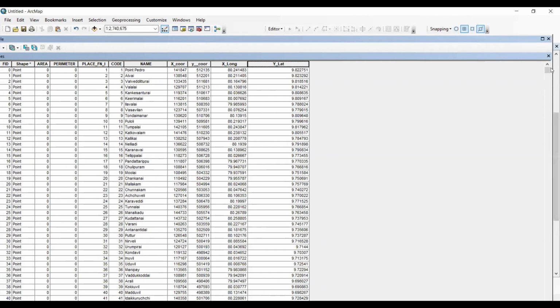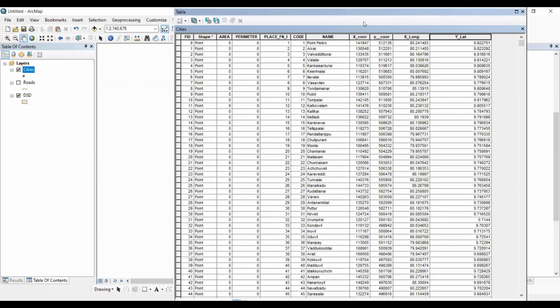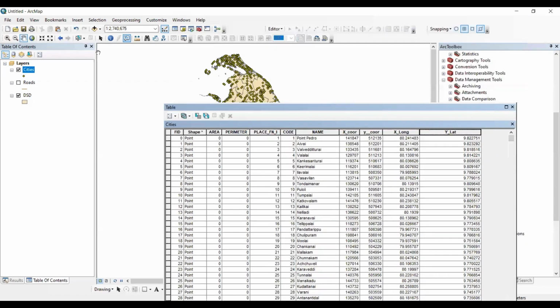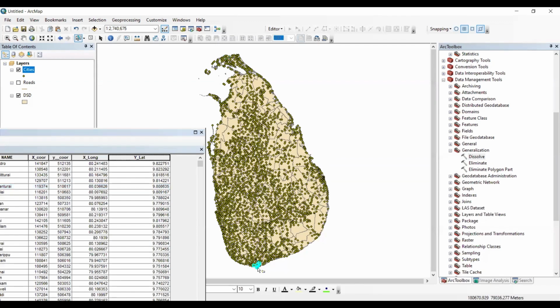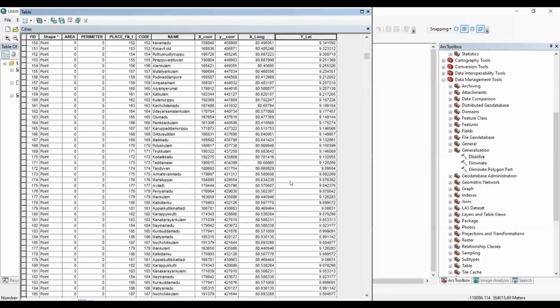I'll show you. For example, I'm selecting a feature point from here. See, this is 9 degrees from the equator. Then we'll go to the lower part of Sri Lanka and see what the coordinate of this is.